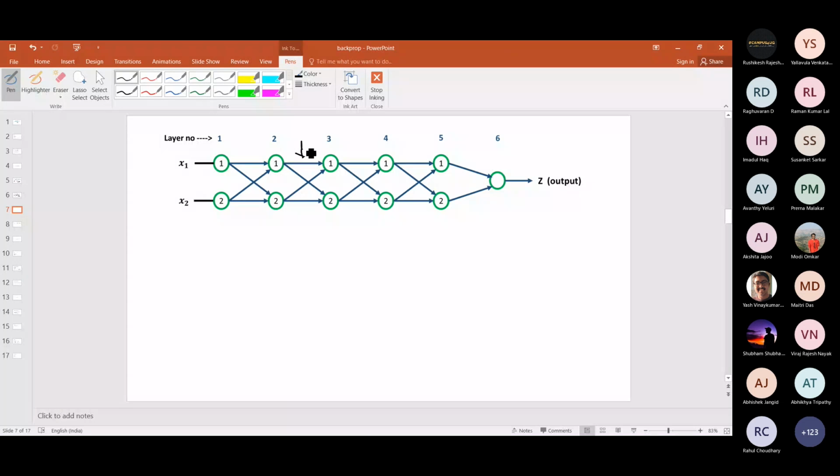Can somebody tell me? W what? So say I denote this error function, which is basically half of (z minus y) whole square, where y is my gold standard and z is the output given by the network. So this is my error function. Okay, I just wrote it down. So that's basically the error I have to optimize, not the z.